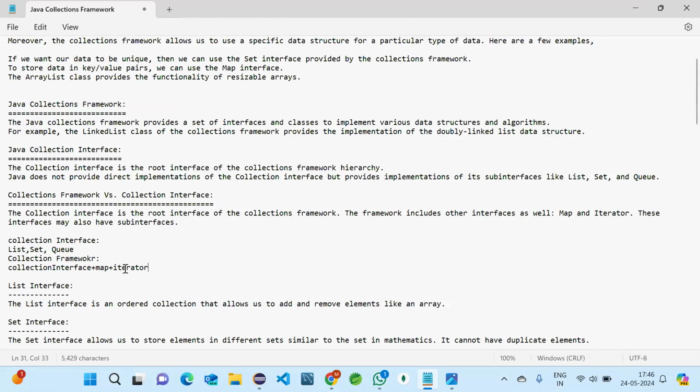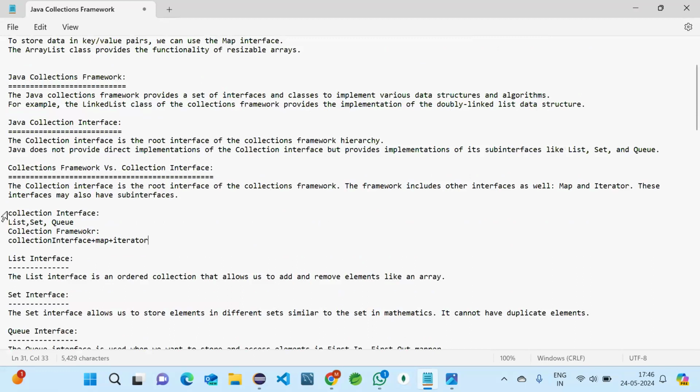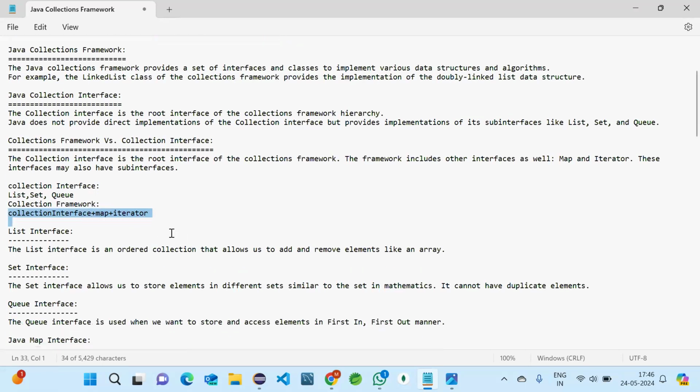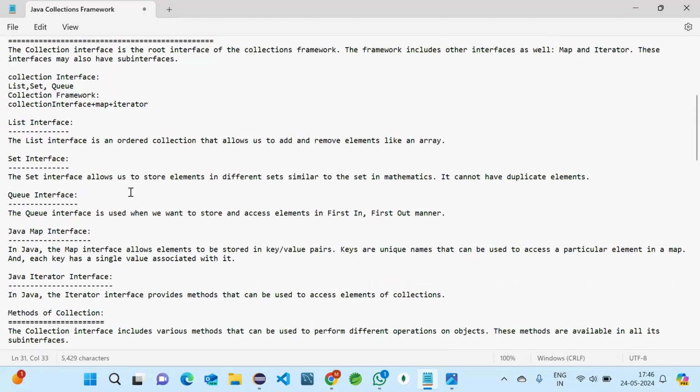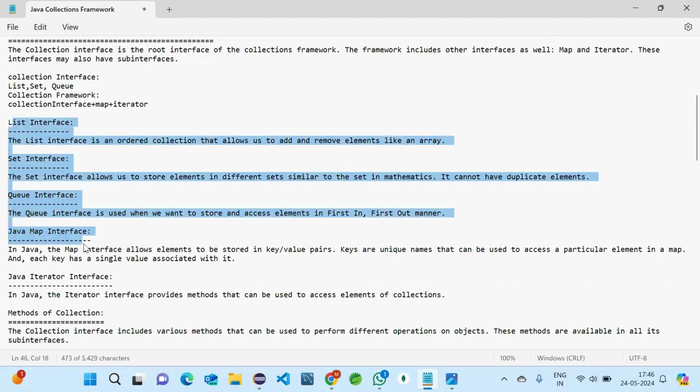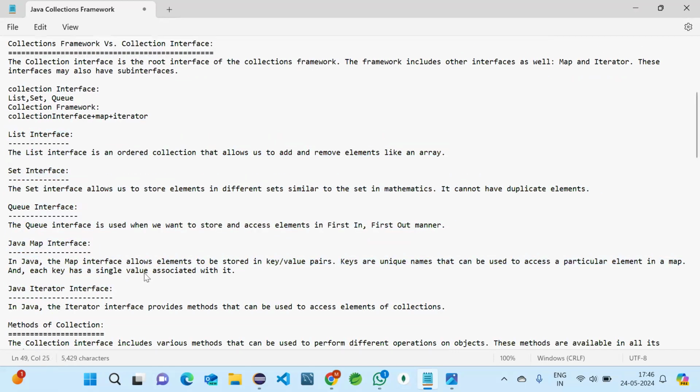Got it now? Yes, ma'am. So the Collection interface has only the three subordinates: List, Set, and Queue. The Collection framework is about everything: the Collection interface, which means List plus Set plus Queue, plus Map and Iterator. All five will be the framework. Got it?